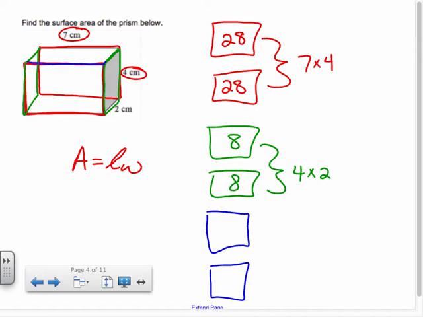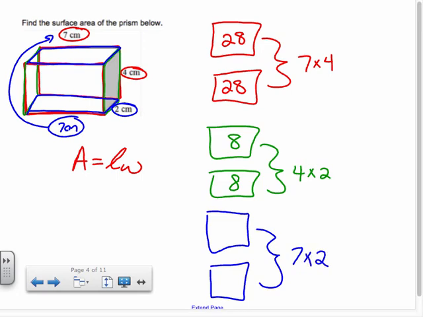We're now going to look at the top and the bottom. The dimensions of the top and bottom: the right side here is 2, and this bottom piece is the same as the top, which has this measurement located at the top. So it's 7 by 2, which means that the area of each of these is 14. Now what we want to do is simply take all of these 6 measurements and add them all together. So 28 times 2 plus 16 plus 28 is going to give us an even 100